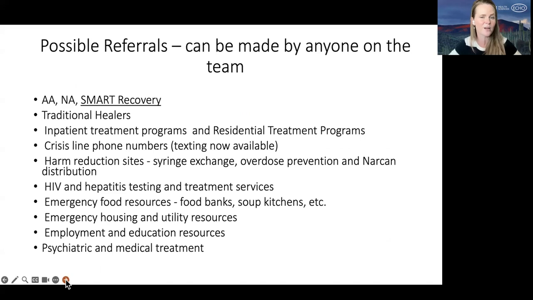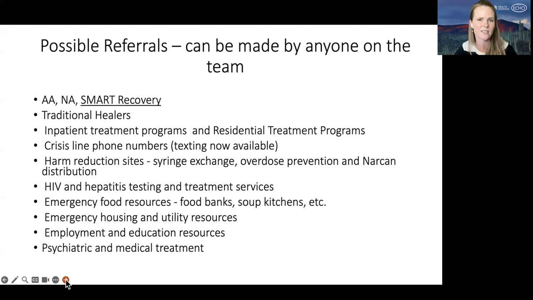And referrals are an important part of this model because we do know, of course, most clinics are not going to be able to provide everything under one roof. It would be great if we could, but that's quite rare. And we know that this population, for example, with the original study that we'll get to in a moment, the